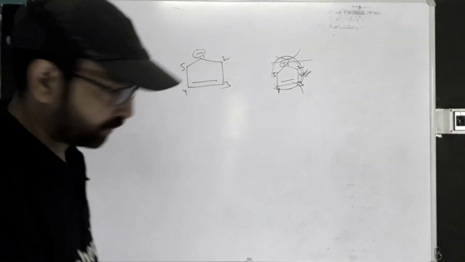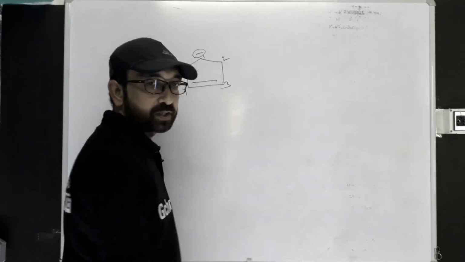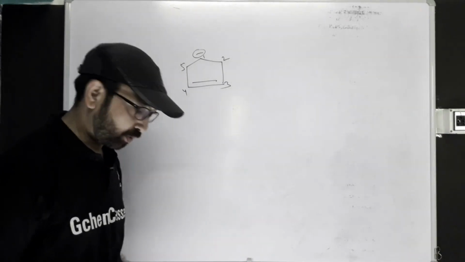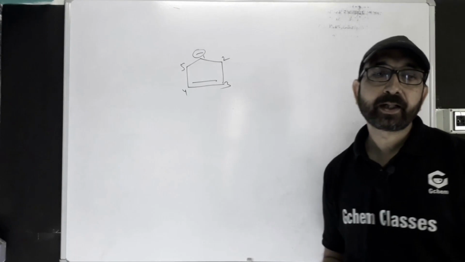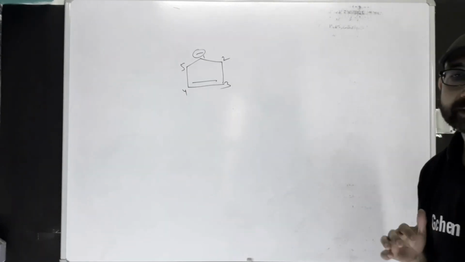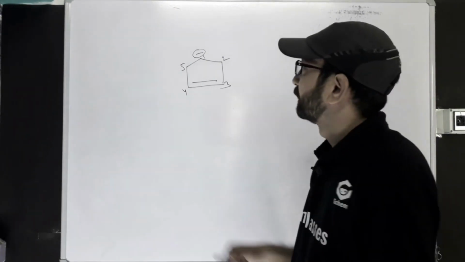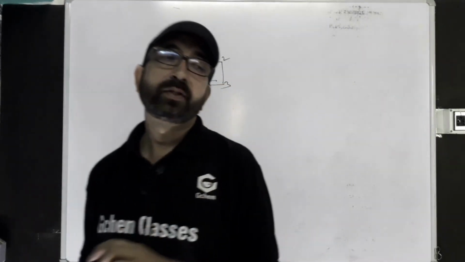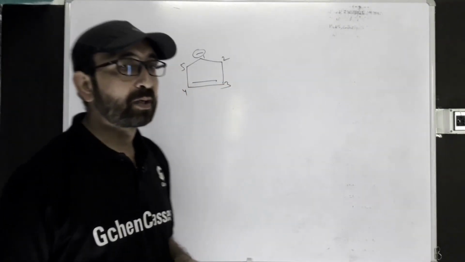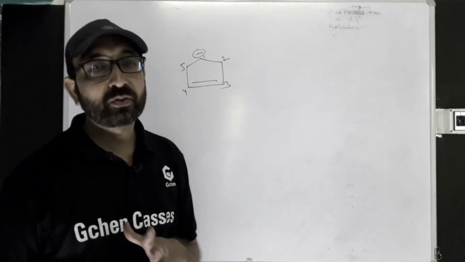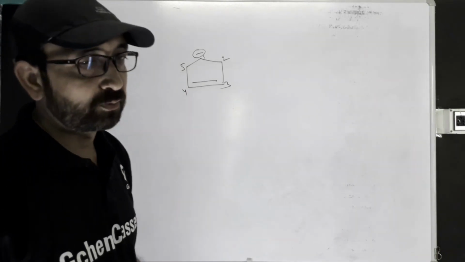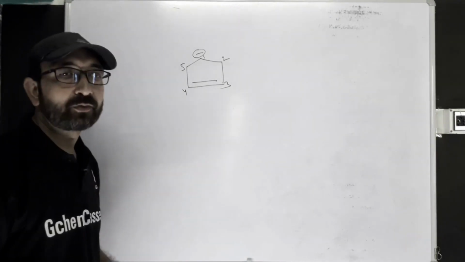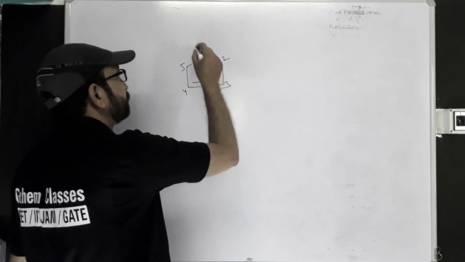Okay. Now I'll rub that structure. So now you just tell me, the same structure I have drawn here, how is it planar? On what conceptual basis are you telling this molecule is planar? Whatever is in your mind, just express it so I can clear it. Whatever doubt you have, whatever concept you have applied to say this molecule is planar, just let me know. I'll clear that concept for you, and next time you won't be confused. See, if you are thinking that this will be migrating here,